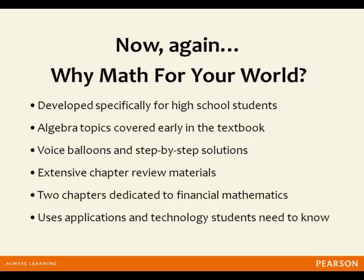Now you know what's so awesome about the giraffe book, but let's take one more quick run-through. Developed specifically for high school students with hundreds of diverse sources used to create relevant real-world examples and applications. Detailed development of algebra topics early in the textbook enhances students' skills before moving on. Voice balloons and step-by-step solutions walk students through examples. Extensive chapter review